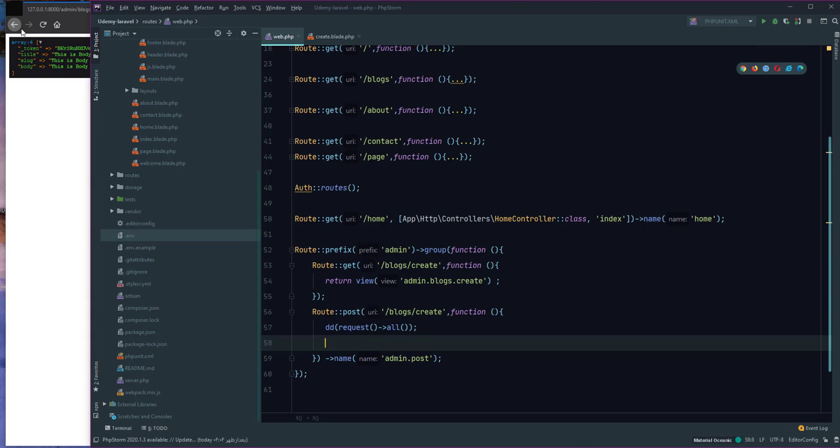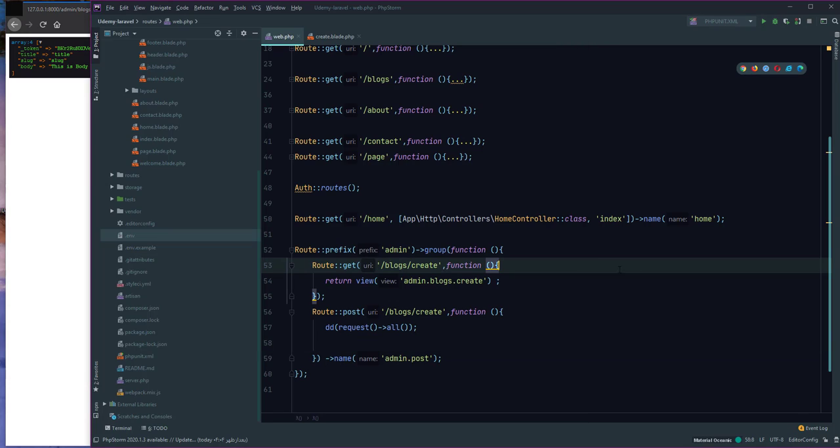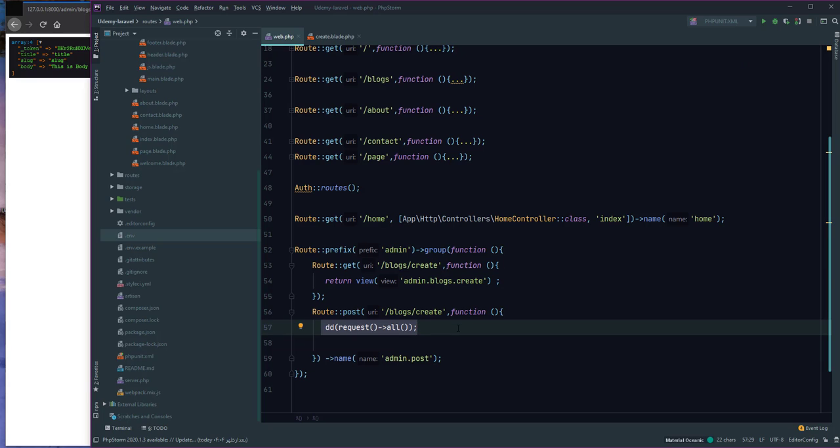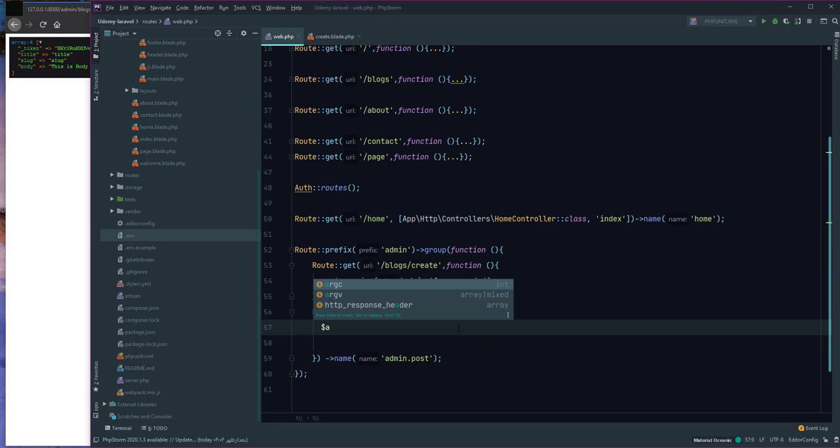For saving data, we can use this method. Before this lecture, we created a new form and we can get data. In this lecture, I want to save data. For saving data, use the request method, and one way is to use the